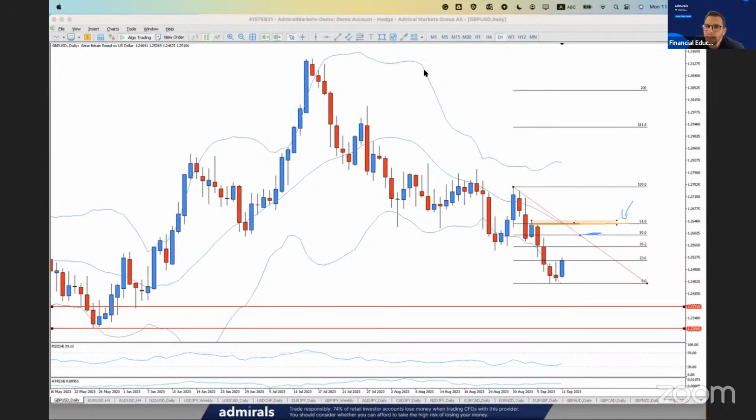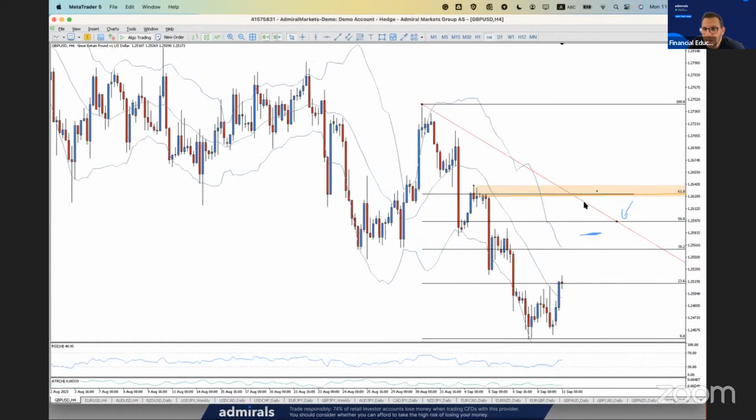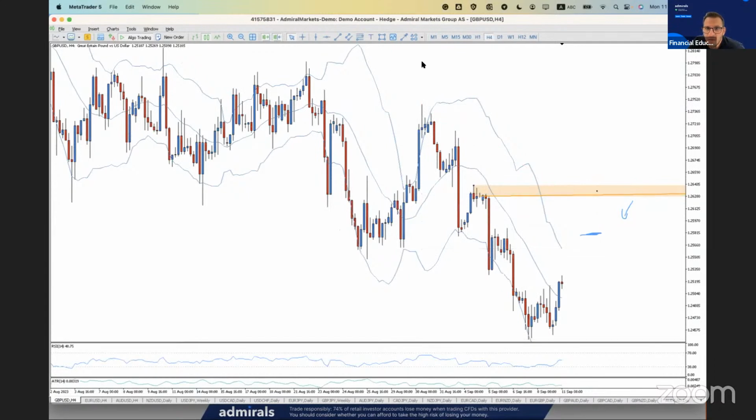So with this in mind, we can go to the 4-hour chart and we can wait for the price to come here. If the price makes it on the 4-hour chart at this area where we marked, let's delete this stuff. So let's clean up the chart. So if the price comes here, guess what? Likely the upper band will be hit.